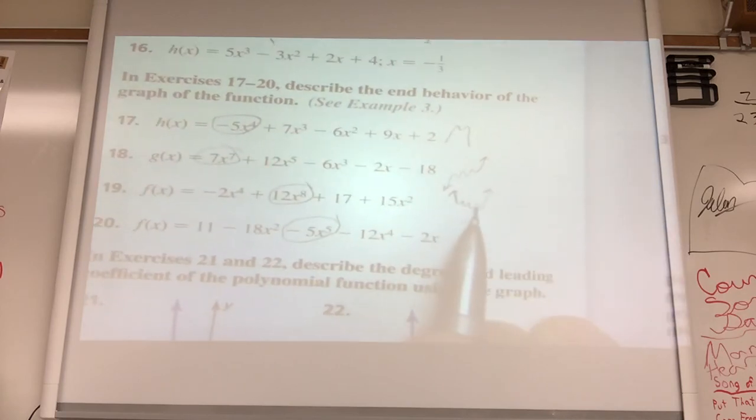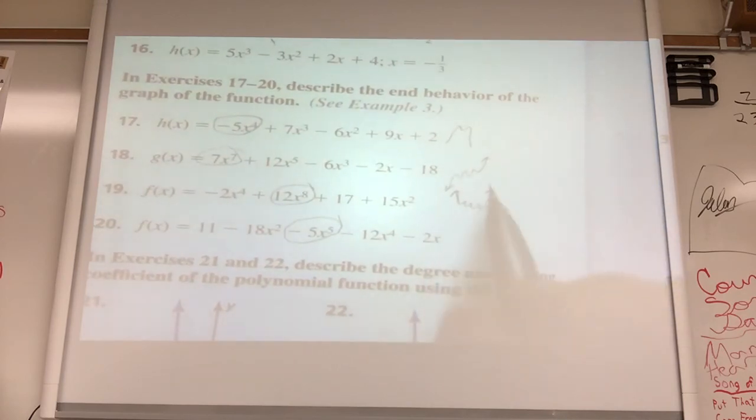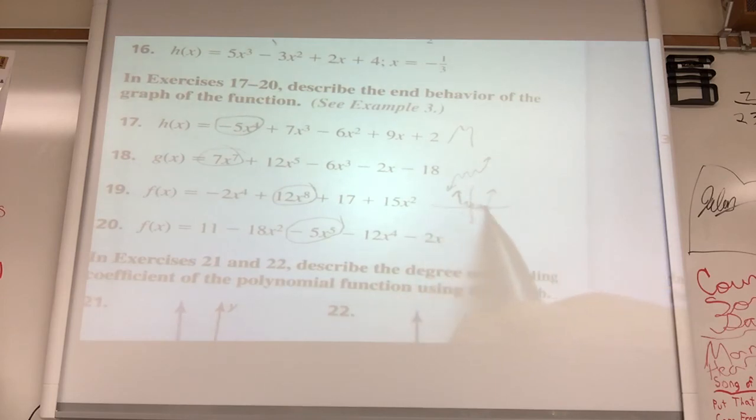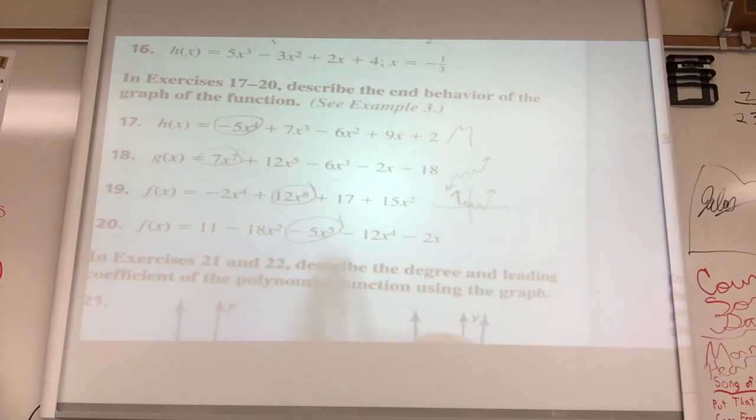So as x goes to positive infinity, as x moves to the right, and what I'm saying is this right here, as x goes to the right, y is going also up. So as x goes to positive infinity, y is going to positive infinity. As x goes to negative infinity, y is going to positive infinity. And then